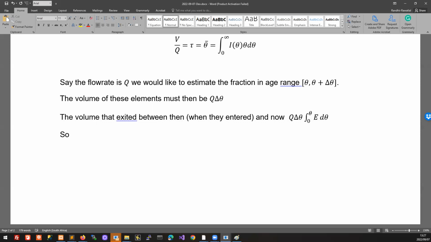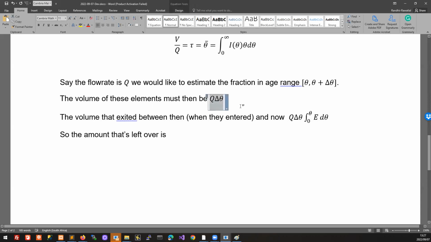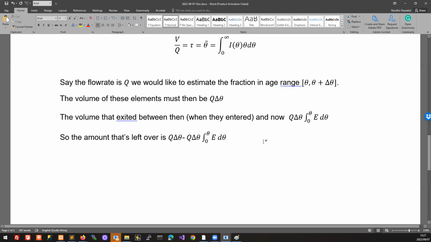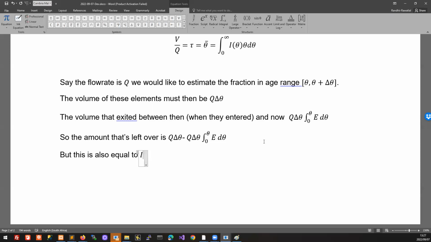So the amount that's left over is going to be the amount that entered in the first place minus the amount that exited. Right, so that's what exited. But this is also equal to, right, the amount that's left over is what's in the reactor. And we have defined the fraction that's in the reactor in a particular age range. So I of theta,